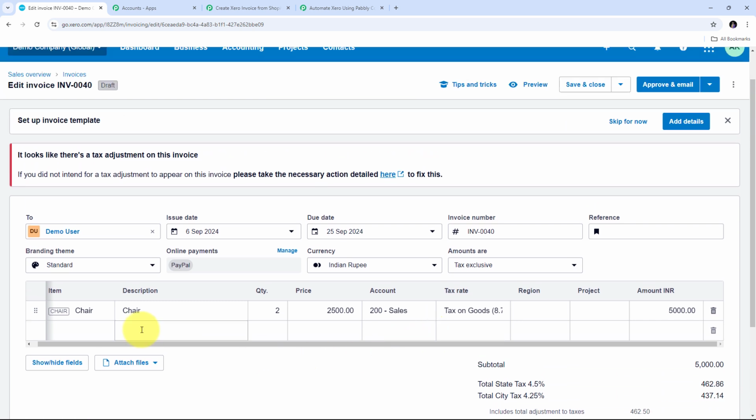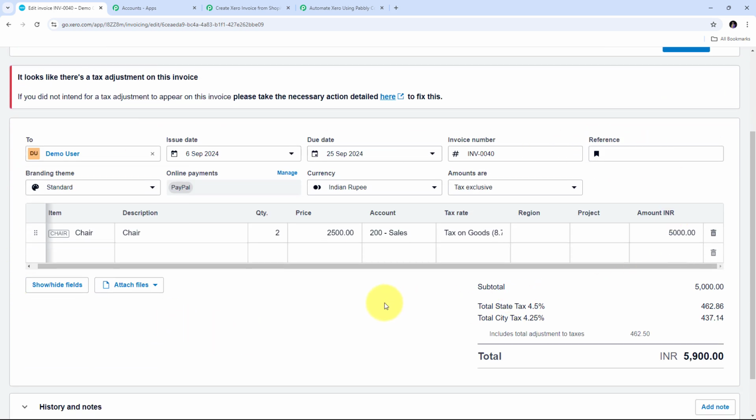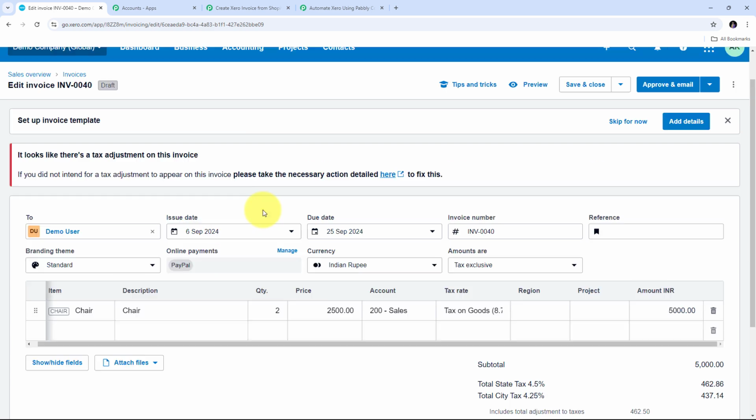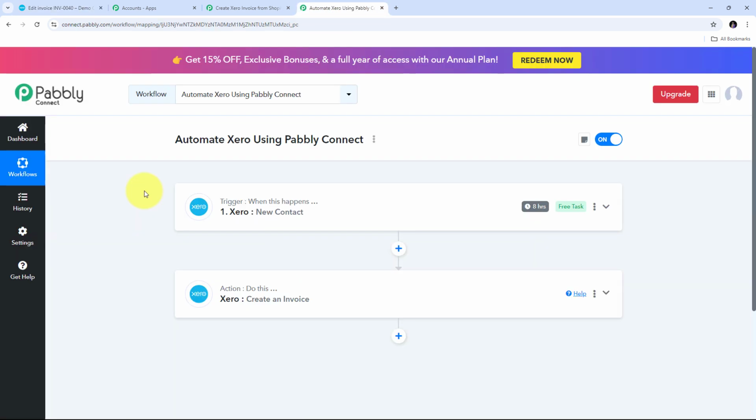So here we can see that automatically by using all the detail of my Shopify order, I have automatically created a new invoice in Xero. So here we can see I have done this automatically with the help of Pabbly Connect, and here I have automated Xero with Shopify by using Pabbly Connect. So let me take you back to Pabbly Connect,